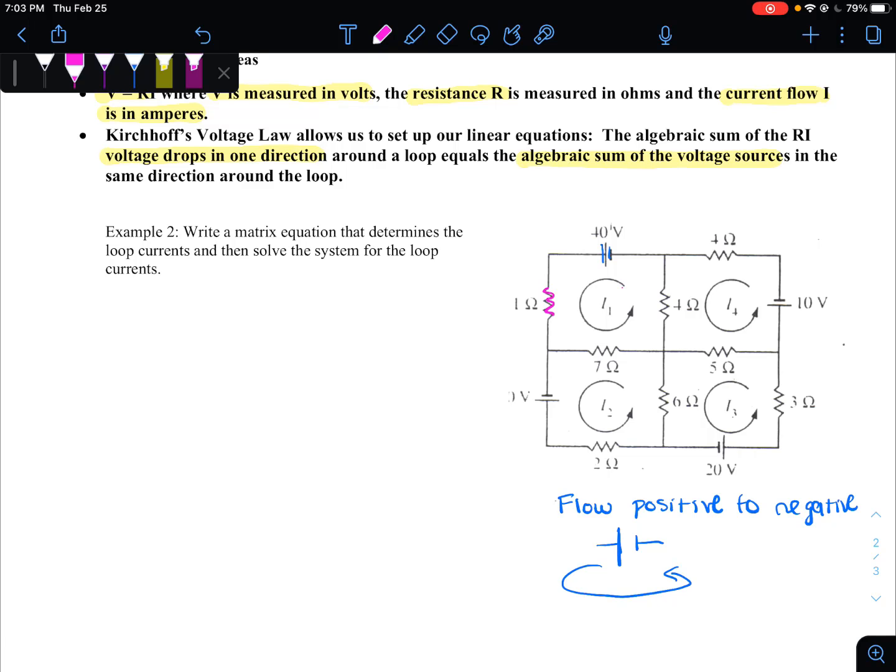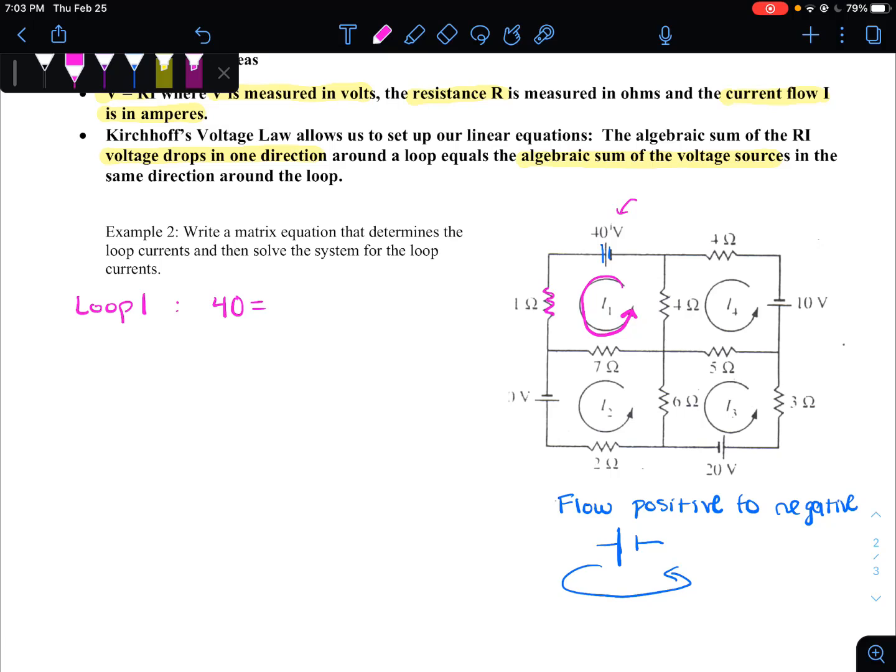So for the first loop, I'll highlight that in pink here. Okay, our voltage source is 40. So let me say loop 1, the voltage source is 40. That's this battery here. I'm calling it a battery, but whatever it is, there are no other sources on this one loop. This has to be equal to our